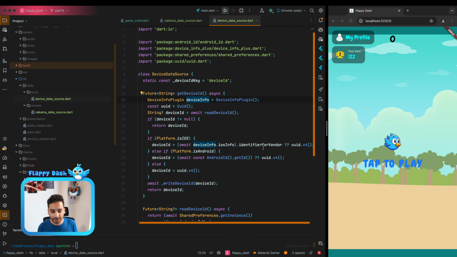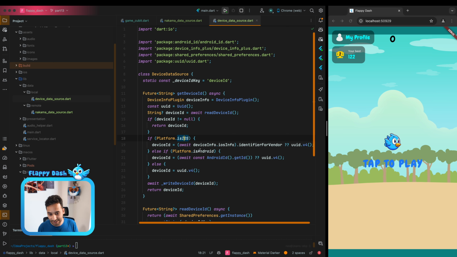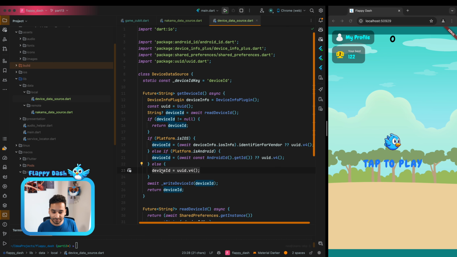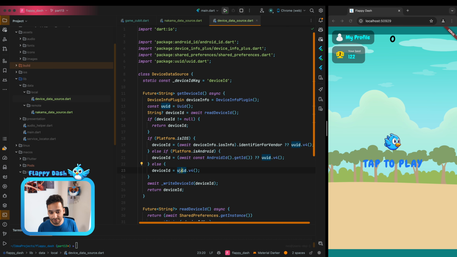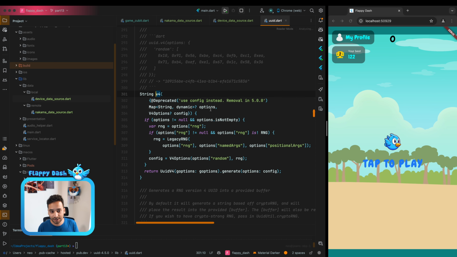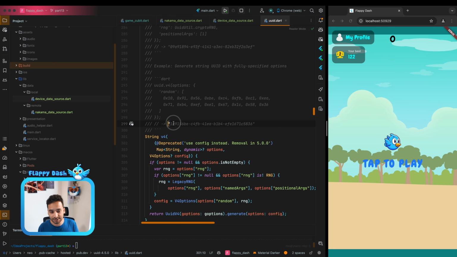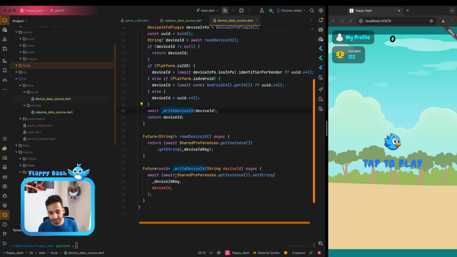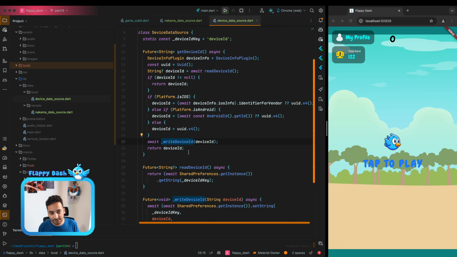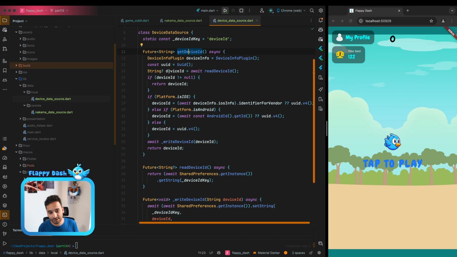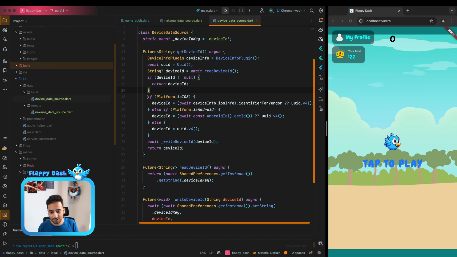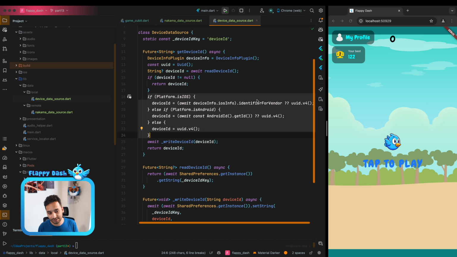And if it is a platform other than iOS and Android, for example, when we are on the web, we are gonna create a new device ID based on a random UUID string. And by the way, it is something like this, for example. And then we store it in the shared preferences. And then next time you call it, we just try to read it from the device. And if it doesn't exist, we are gonna generate it or get the device ID from the platform